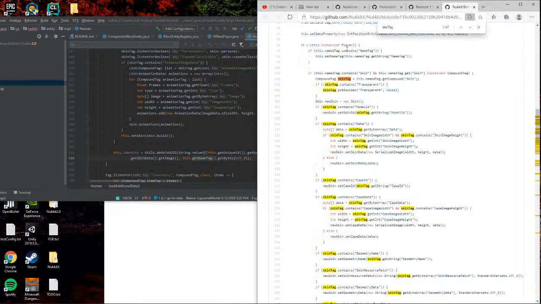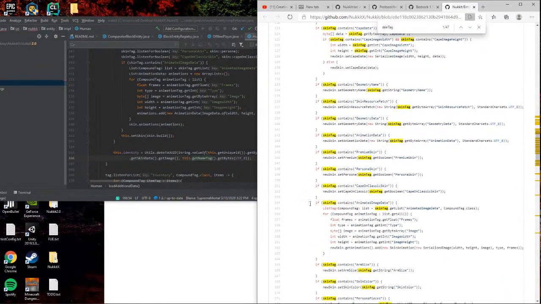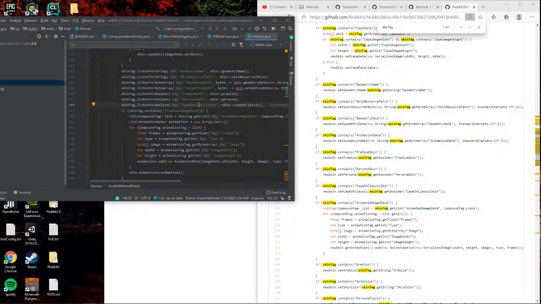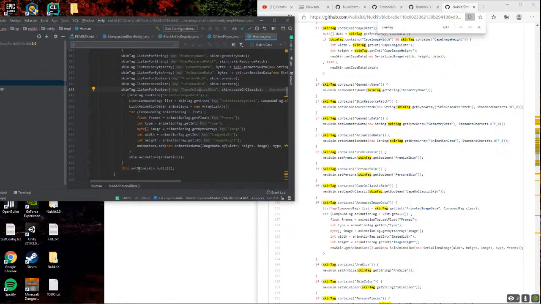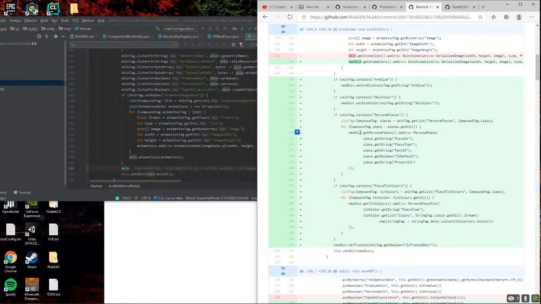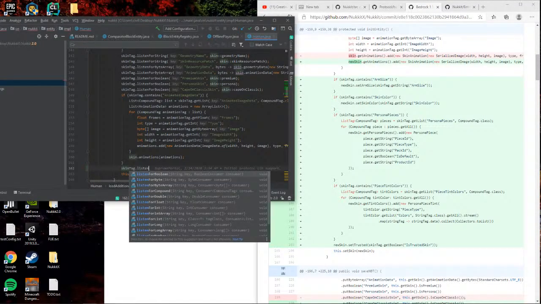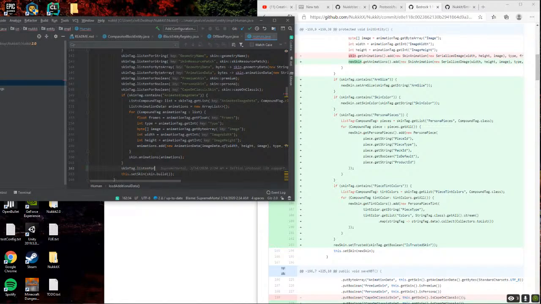So let's move down to 160. So skin tag, listen for the string.